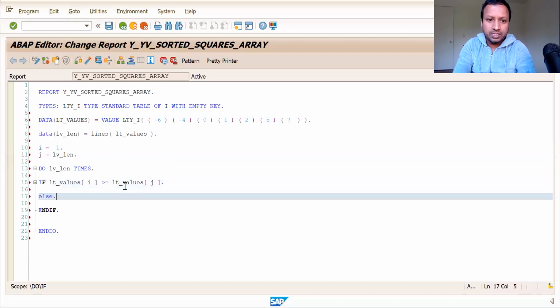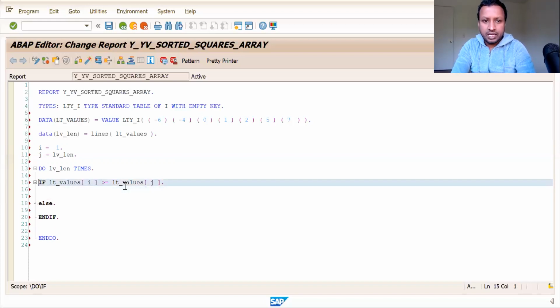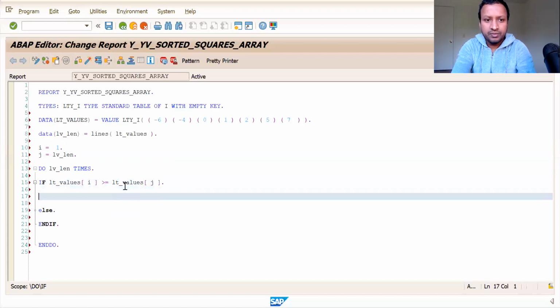So you can have an else statement. If this is the case, what we do is we take another internal table and append LT values of I. Whichever is greater, we are appending it to a new internal table, some LT final. LT final of which one? sy-index, right?